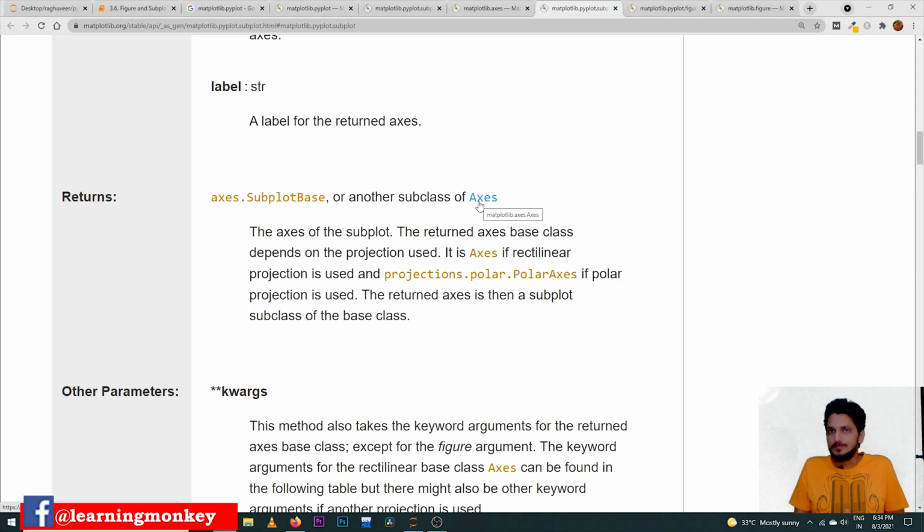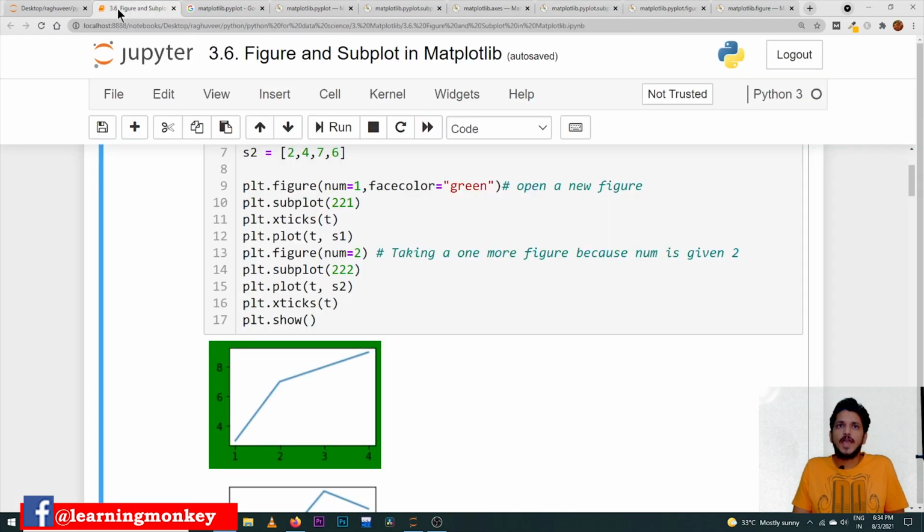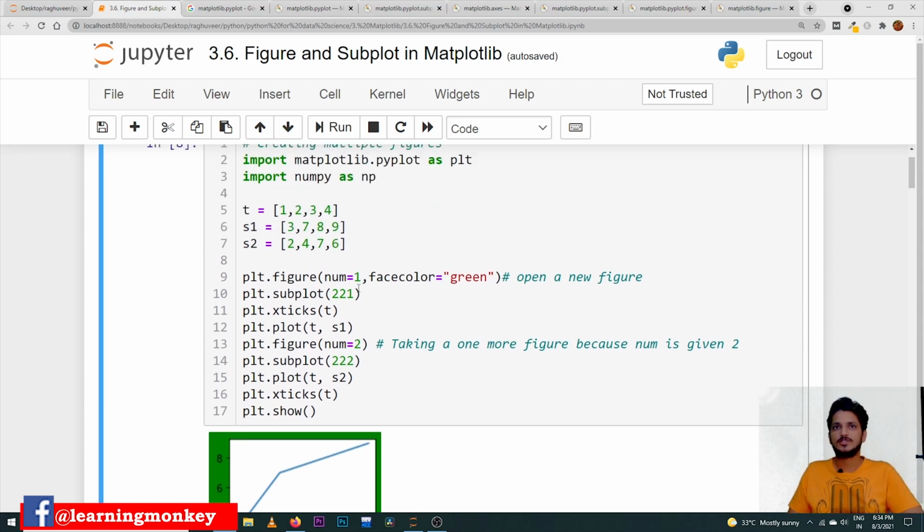In order to understand this, whenever we create a subplot, we use the methods that are present on the axis, because the subplot is returning the axis object. What are the methods present in the axis object, we will understand in a minute. So now it is going to return an axis object. Axis means it is going to create an axis, see, x and y axis. So this is what the axis object means. On this axis we are plotting our first plot.